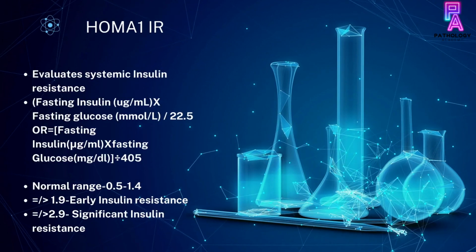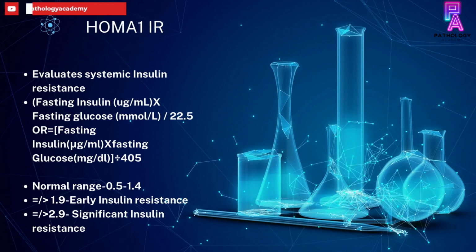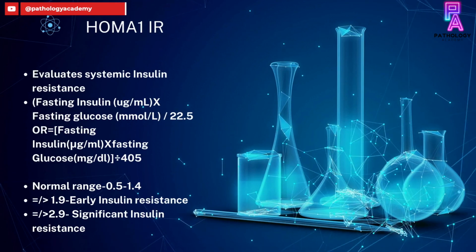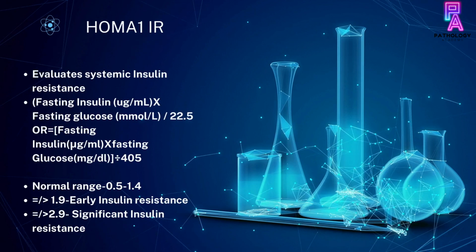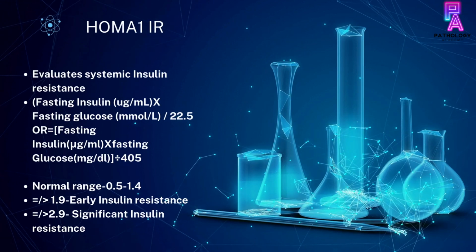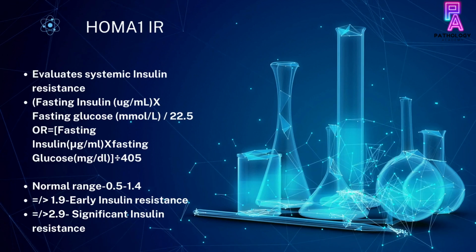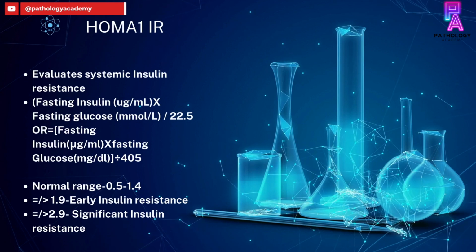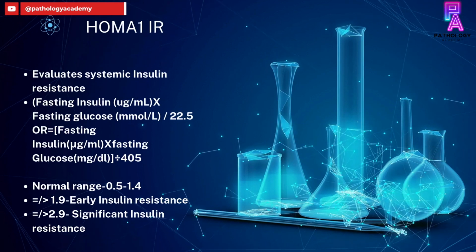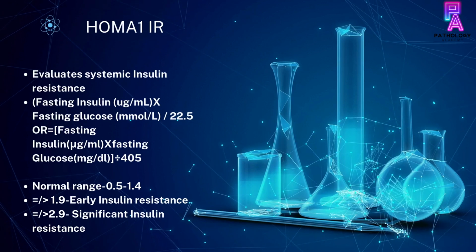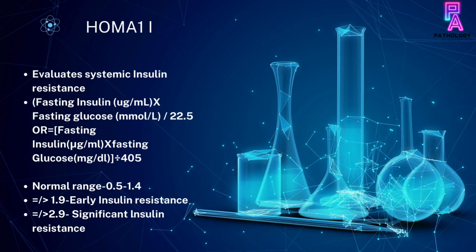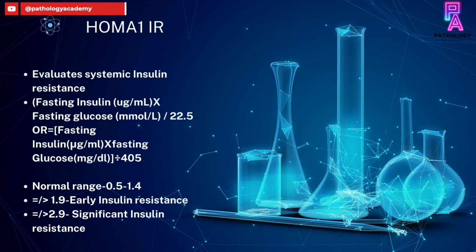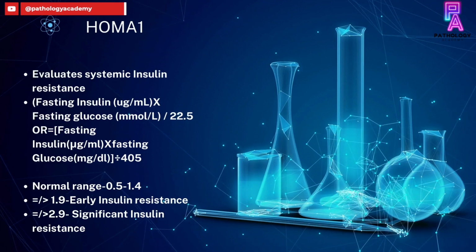The HOMA 1 IR evaluates systemic insulin resistance and is calculated by the formula: fasting insulin in microgram per ml multiplied by fasting glucose in millimole per liter divided by 22.5, or fasting insulin in microgram per ml multiplied by fasting glucose in milligram per deciliter divided by 405. The normal range for HOMA 1 IR is 0.5 to 1.4. More than or equal to 1.9 denotes early insulin resistance, and more than or equal to 2.9 denotes